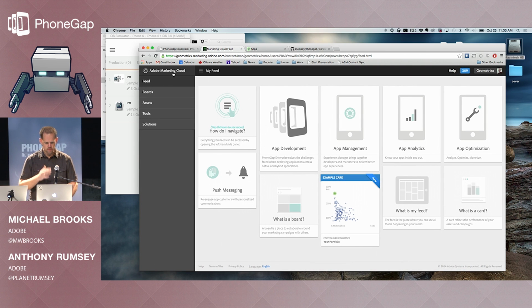Okay, so this is Adobe's Marketing Cloud. This is their cloud offering for managing your digital assets. And one thing we're working on with this concept is there's no reason why you can't take a PhoneGap app, because it's just content, and stick it up in the Marketing Cloud. And it gives us a few advantages. This is still pretty early concepts to figure out where we can take this, but the idea is once it's up being managed,